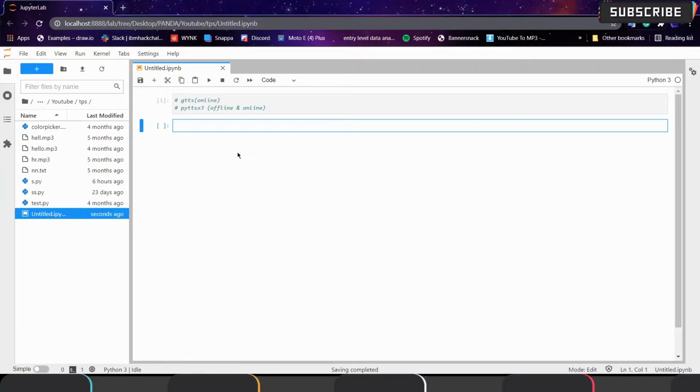First of all, as you know, we have to import the module into our program. So from gtts I'm importing the gTTS class, the gTTS class from the gtts module. Then I'm assigning this class to some variable here. Or directly you can also write like this: Hello, I am Allesh Osai.